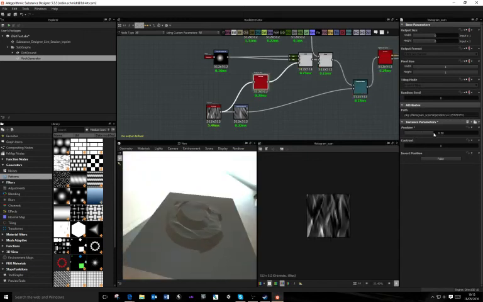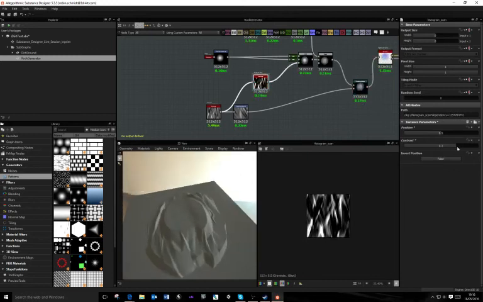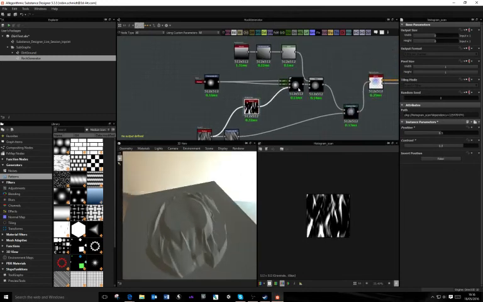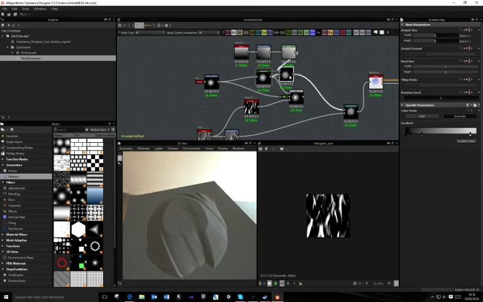So I want to have this, like when I have it to 0.5, I really have the same image I had before, like this is not doing anything, but I want to increase the contrast so that I get more of a rocky shape. Maybe I just only want to cut this one, so I just put this in there, drag this out there, and then put this in. So then we have